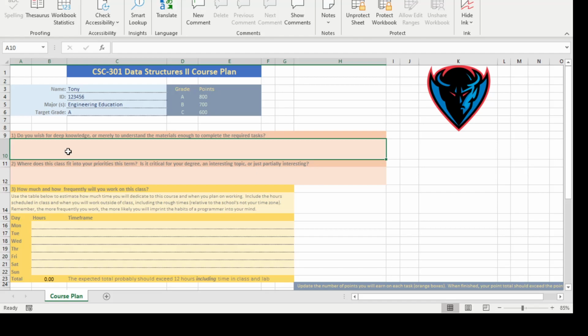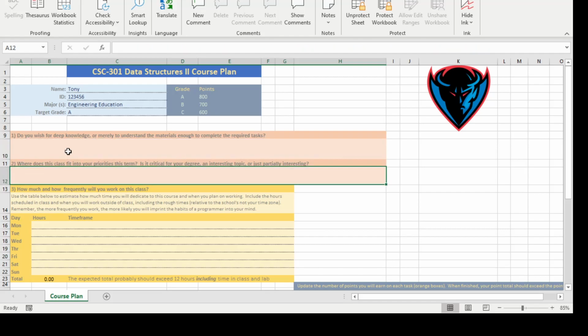That's good enough. Or it's like, hey, I want to be a game programmer. And in a game programmer, I know we have to deal with lots of big data and have to use it very efficiently in real time. And so I really want to understand this really well. And I want to practice and be really great at it. So give a description of what you want to get out of this class. And then be realistic.